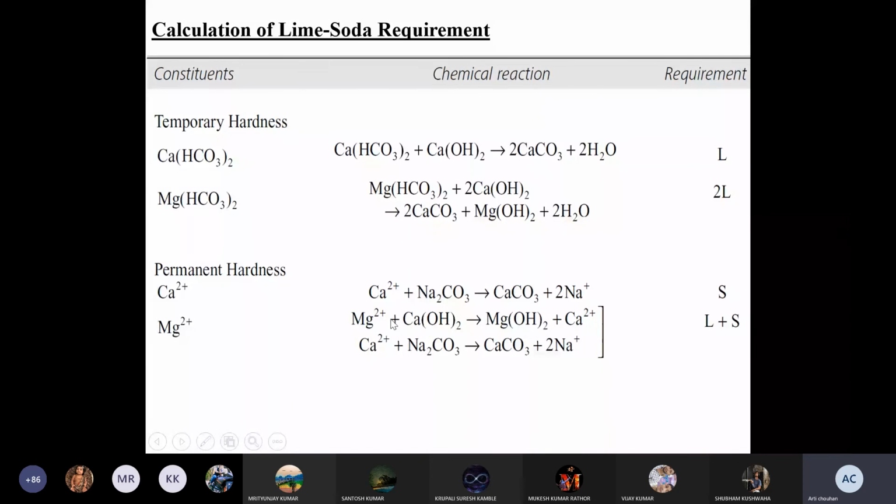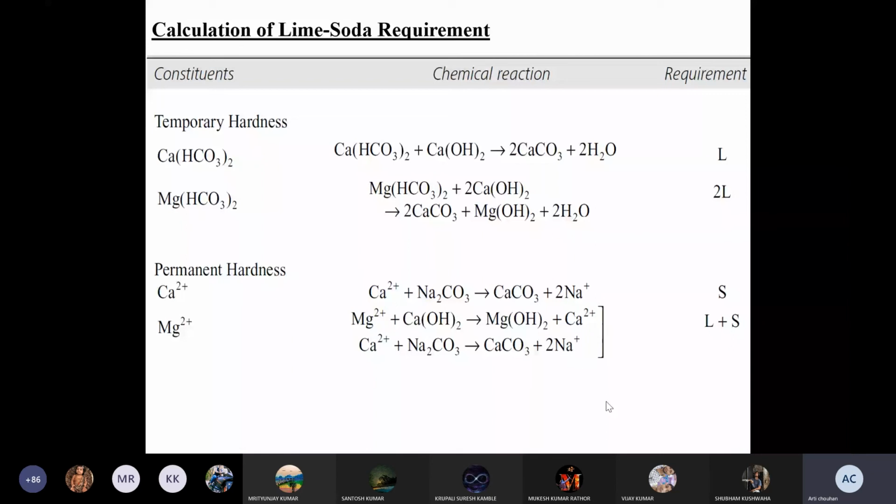Now, what about the calcium chloride being produced in this process? If calcium chloride or calcium sulfate is there after that chemical reaction, they are actually the cause of permanent hardness. Is it so? So the calcium chloride or calcium sulfate formed during that reaction will again react with 1 mole of soda and give calcium carbonate and sodium chloride. Only then can your hardness due to permanent magnesium be resolved.